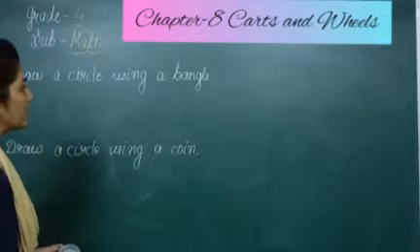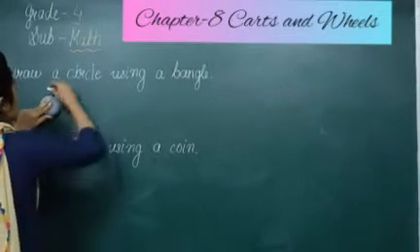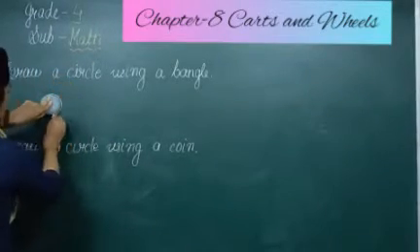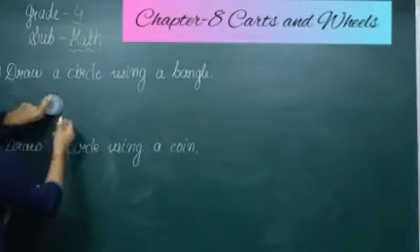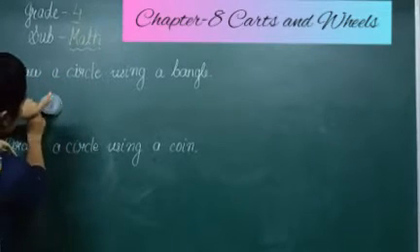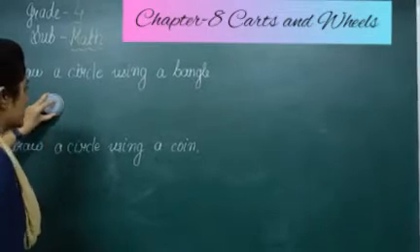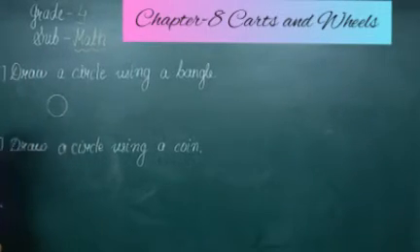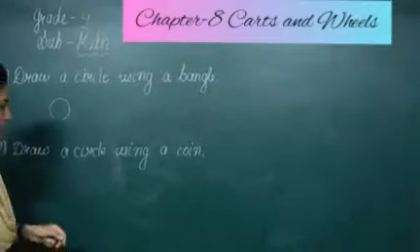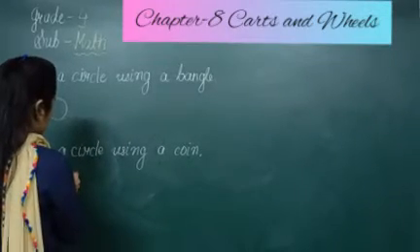So instead of a bangle I am showing you this circle with this cap. Okay, why have I drawn this again? Because I want to show you which object is best for this circle. Means with which object can we draw a very good circle? This is the concept only in this chapter.